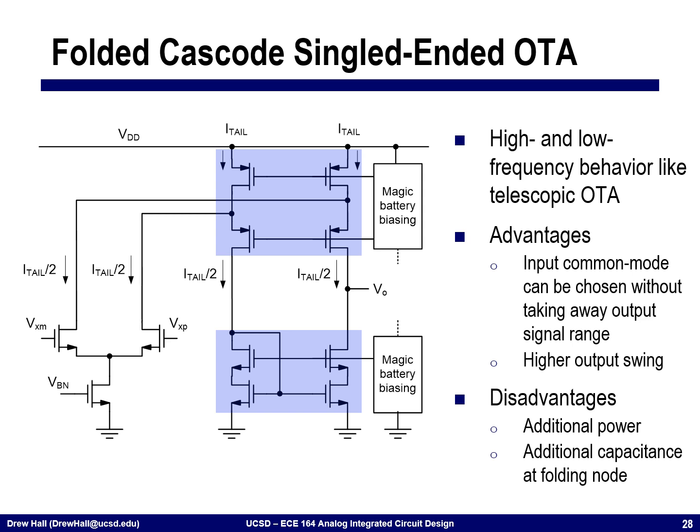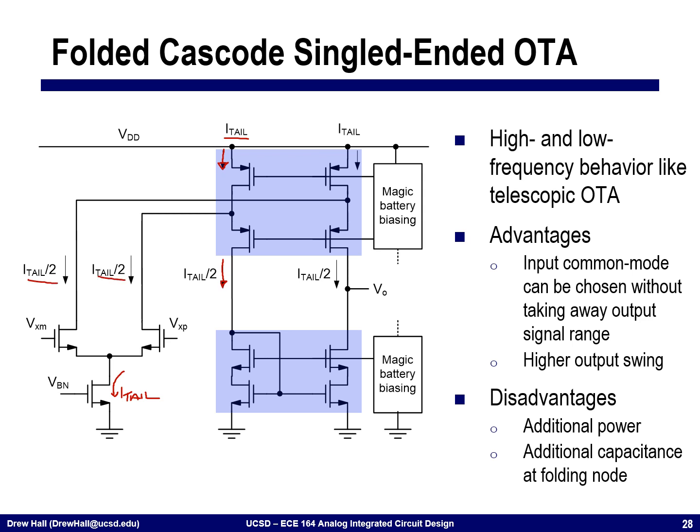And so if we think about this device up here, we have I tail flowing through this. And down here, I'm pulling I tail over 2. Okay, this device is also pulling I tail,